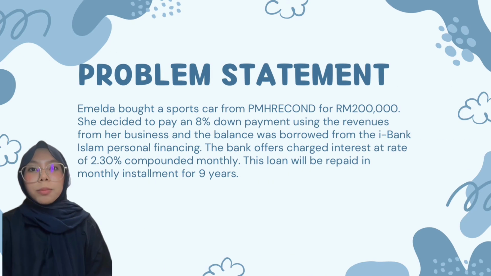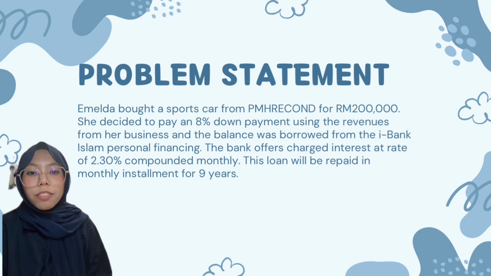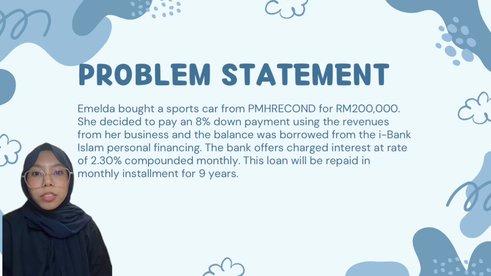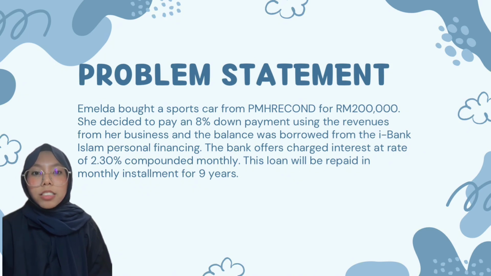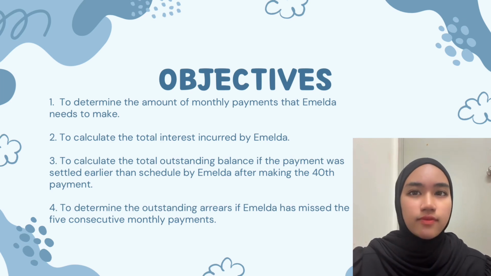So, this is the problem statement for topic 4, which is annuity. Imelda bought a sport car from PMH Recon for RM 200,000. She decided to pay an 8% down payment using the revenues from her business, and the balance was borrowed from iBank Islam Personal Financing. The bank offers to charge interest at a rate of 2.30% compounded monthly. This loan will be repaid in monthly installments for 9